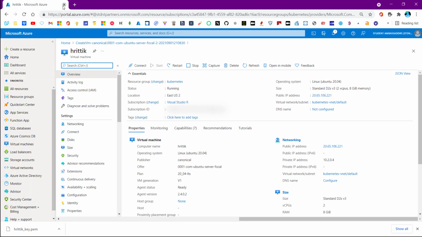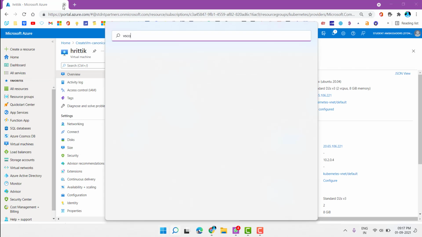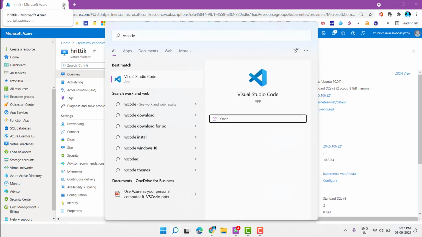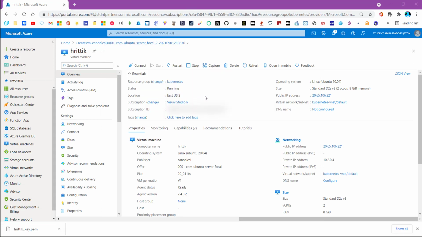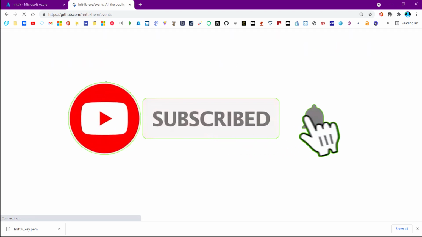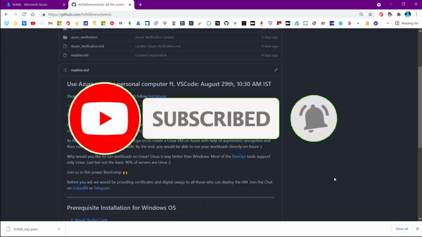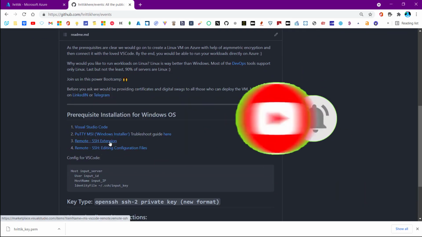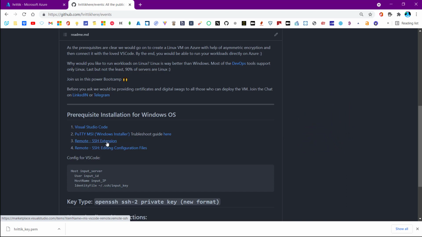That's the only thing you need with Putty. Now what shall we do? Now we should open a new VS Code window. And then you need to download those extensions. To download them, just click on the link in the description.